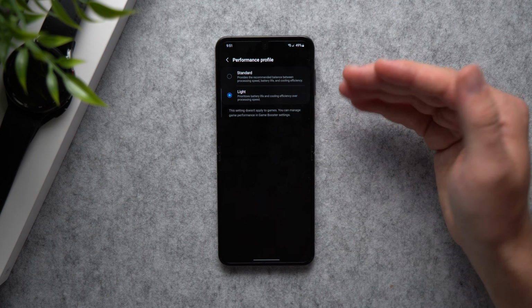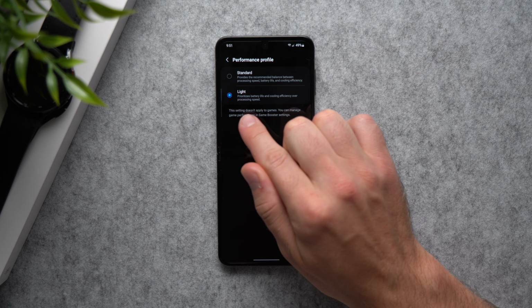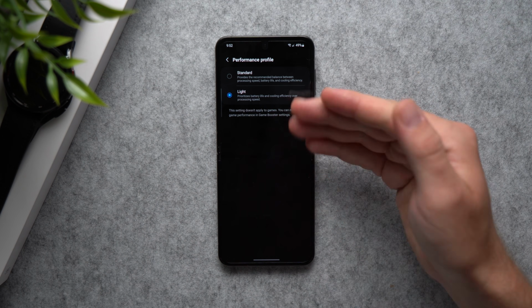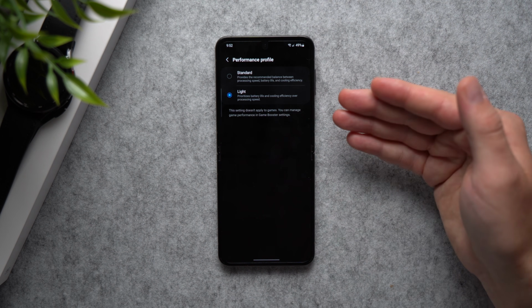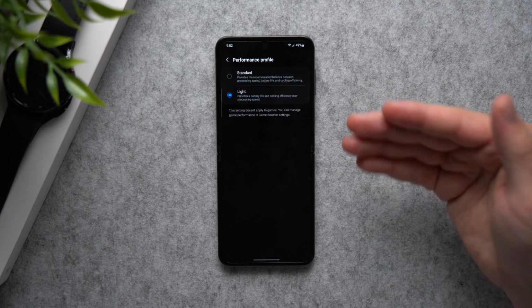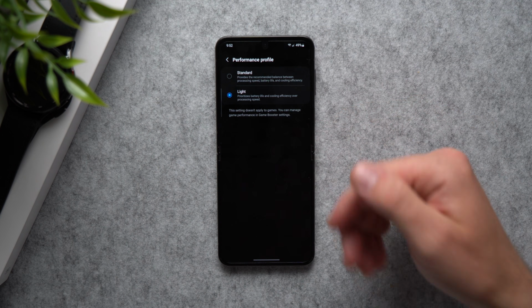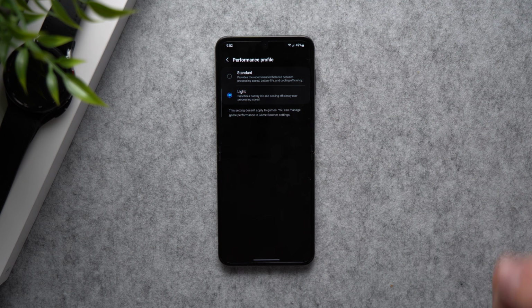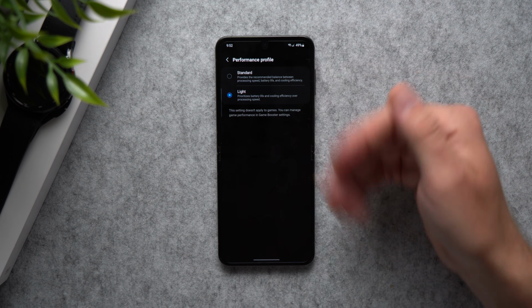But if you like to game, don't worry, because you can see right here, it says this setting does not apply to games. Your phone will use all of its resources, all of its GPU power to properly play games and give you the best gaming experience. And then once you're done playing, it will just go back to a light performance profile and prioritize battery life